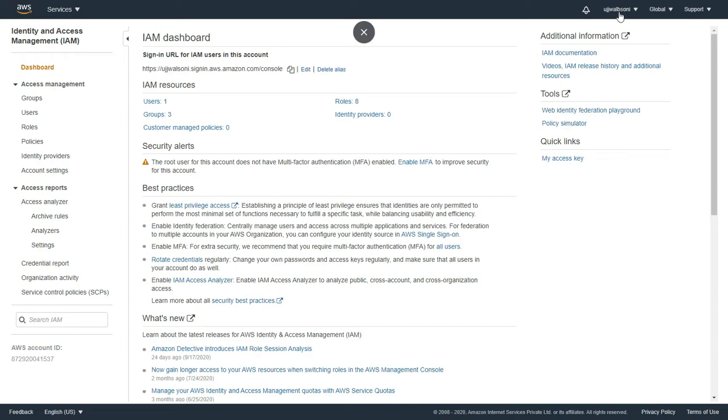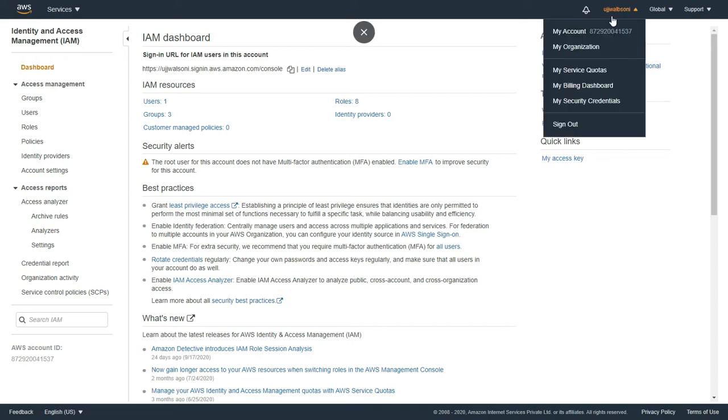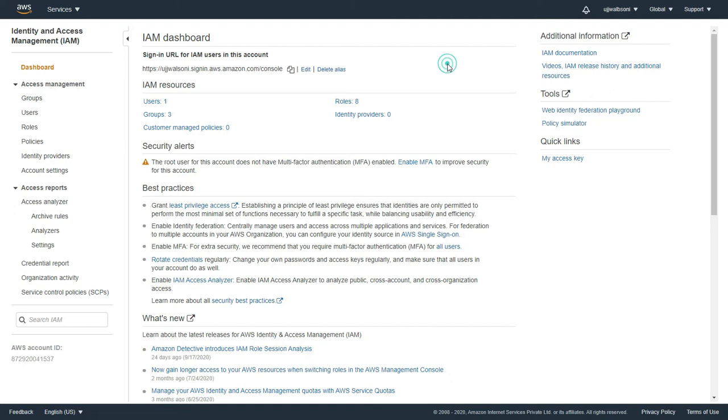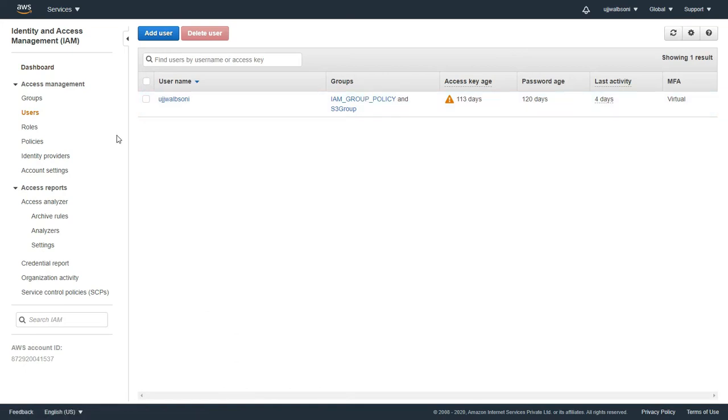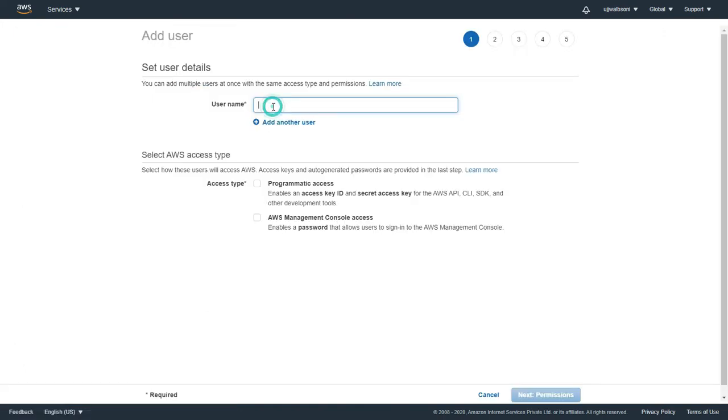So let's create a new user now. As you can see, I am logged into the root account. From the root account, I will create a sub user. From the users, you need to click on add user. You need to select the access type, that is, whether you want to give programmatic access or AWS console access.